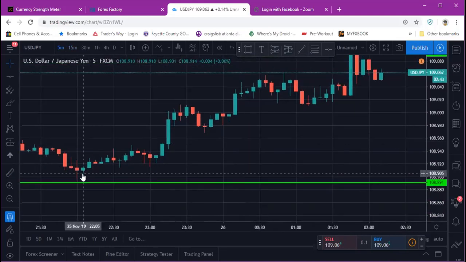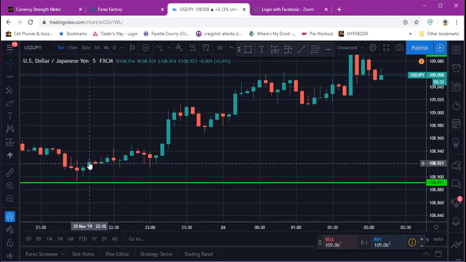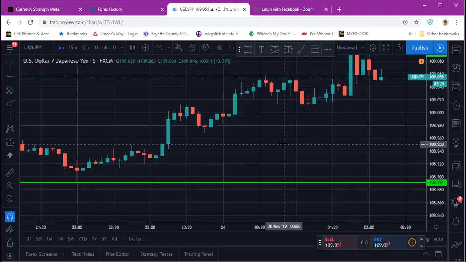So when you say precise, as precise as can be, you see the two dojis here, because you see the wicks on the bottoms will let you know that it was a potential reversal here. Maybe you could have gotten in on this candle. Maybe you would have gotten in on one of these here in the beginning. You could have gotten in somewhere here and then rolled this up